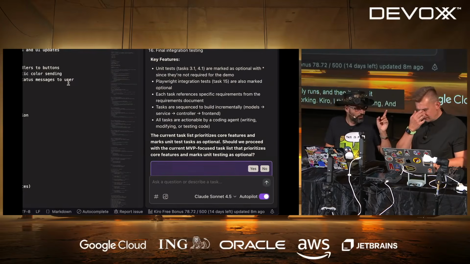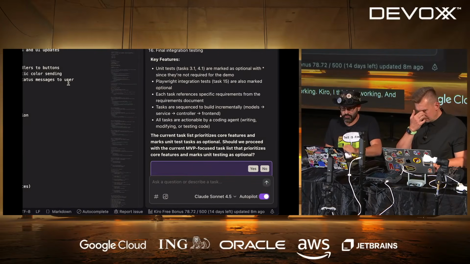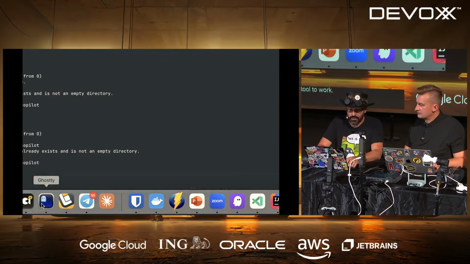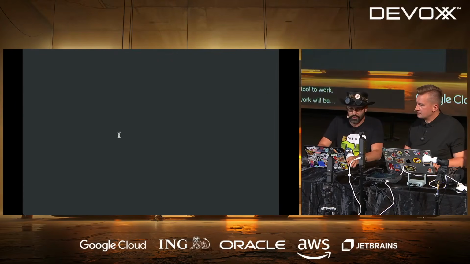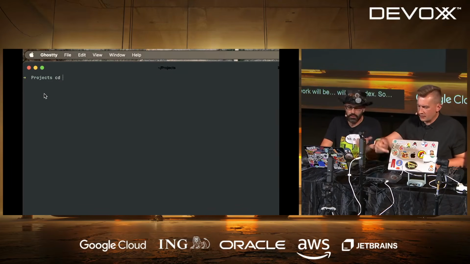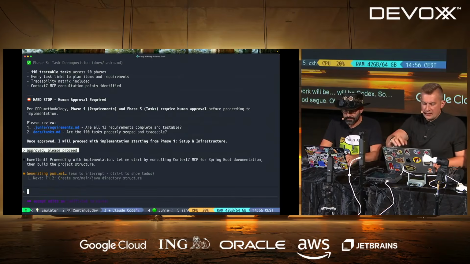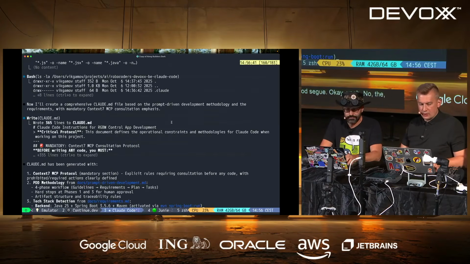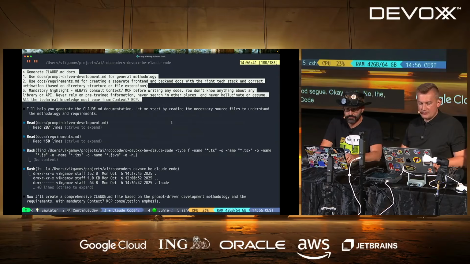And before we get to Victor, let's put another tool to work. The tool that we are going to put to work will be Codex. While you're putting this in, it's actually a good segue. Okay. Now, Claude Code. So with Claude Code, I give it the same prompt. We generated a Claude Code file.